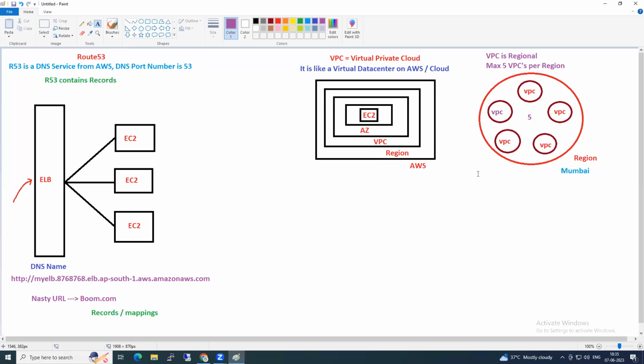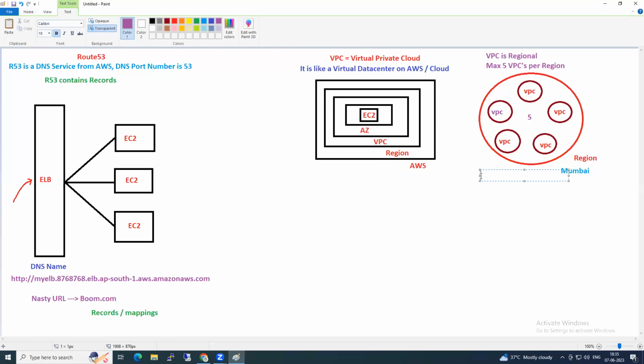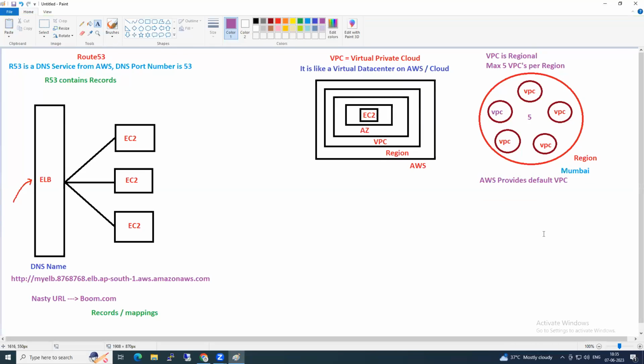AWS provides a default VPC. There is a question: in Mumbai, we have 3 data centers, and 5 VPCs can be created across these 3 data centers. First of all, did you stop calling them data centers? What should we call them? Availability zones.